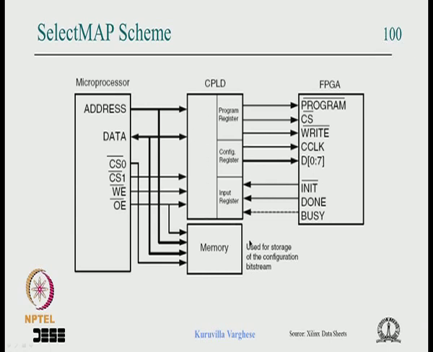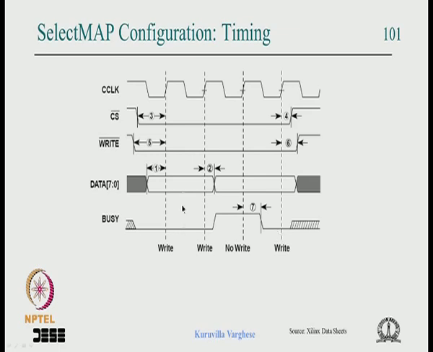Otherwise you will have to use some kind of parallel port instead of a CPLD. That can be done, but it can be very slow sometimes when you use a parallel port in a CPU, because you have to address each port, and you have to use the port for clocking, which can be very slow sometimes, okay. And that shows the timing: on every clock edge the data is coming, chip select and write bar is low,